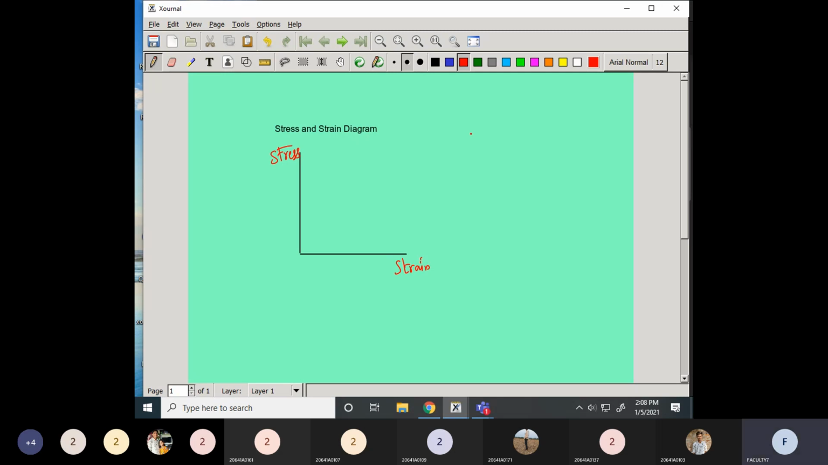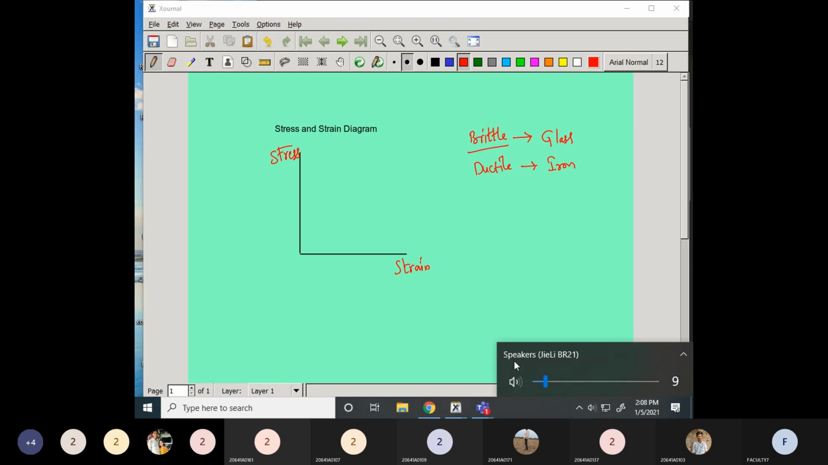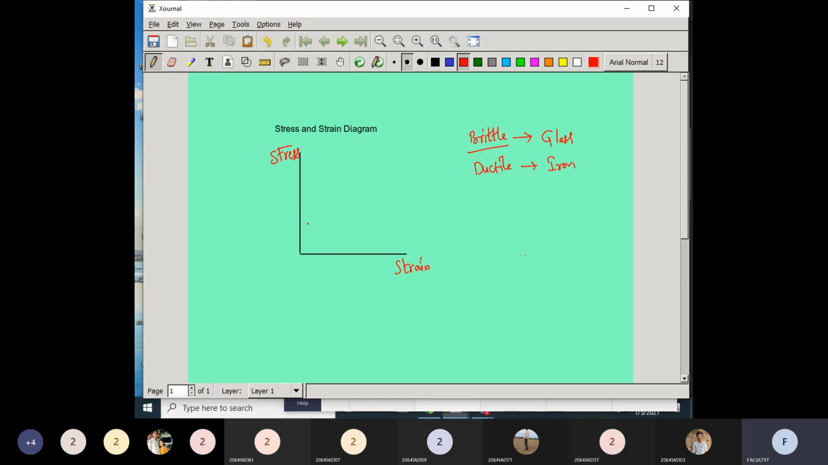Now if I go with the brittle material, we call this the brittle. Yesterday I had given the example as glass. Now if I consider ductile material, with an example as iron. If I draw two diagrams in this single graph itself, now for the first, brittle material,